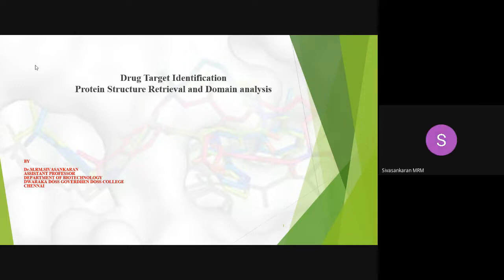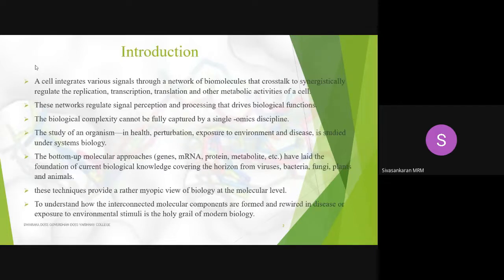My topic is to discuss about the drug target identification and protein structure retrieval and domain analysis. So here we are going to see about the drug target and protein retrieval. Basically, it's about how we are going to dock the two different compounds, the protein as well as the ligand. So the first thing is we need to select the protein which acts as a target to identify the diseases. Any disease or cancer cells will have a signaling pathway which involves a lot of